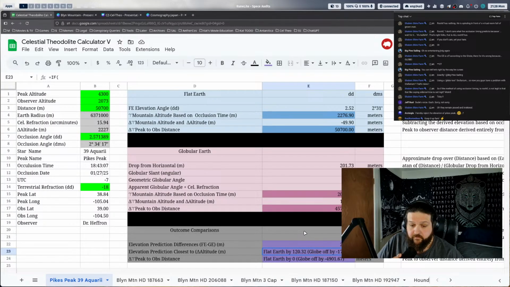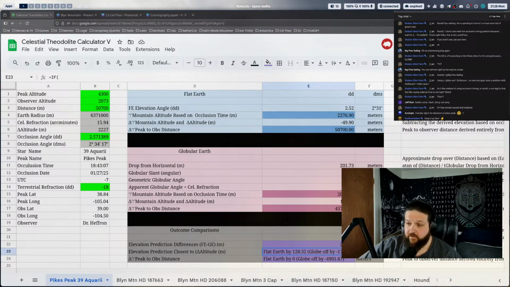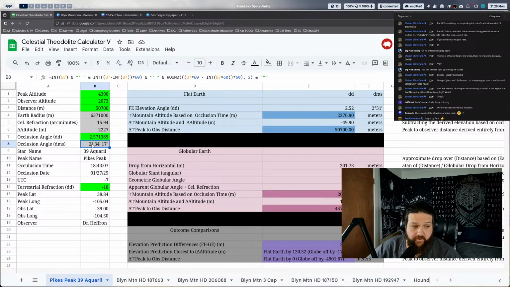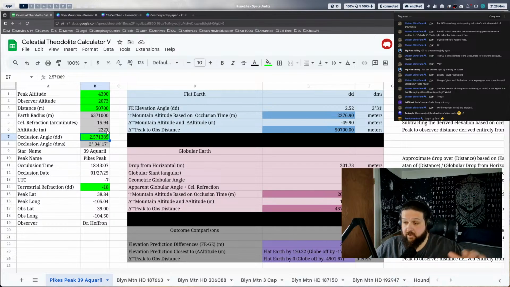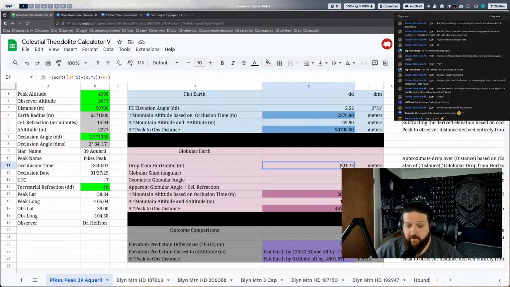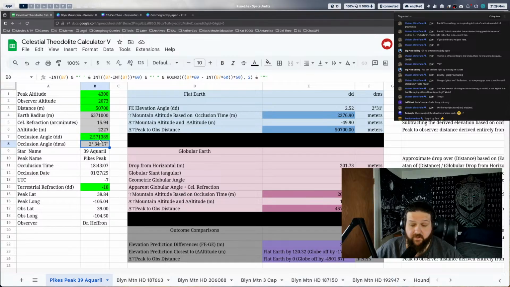Is it the angle to the mountain to the star? Is it the height of the mountain? At what point is the number wrong? Got you. So this number over here, this occlusion timing. In order for the earth to be a globe, the mountain peak has to physically be lower because, relative to the observer, the earth's curved, it's going to be tilted away. There's going to be missing elevation from it. We can calculate how much that missing elevation is, and we do. And so that's going to result in a different time.